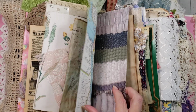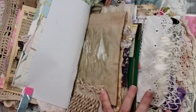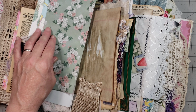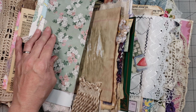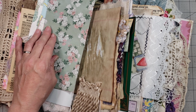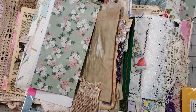You know what? I think I want to do some of this linen fabric, if I can find it over here in this jumbled up mess. I know I have some. Maybe it's here. Nope. Hold on, let me find it. I'm sorry. Okay, well I couldn't find my linen fabric piece to use for the hinge, but I did find